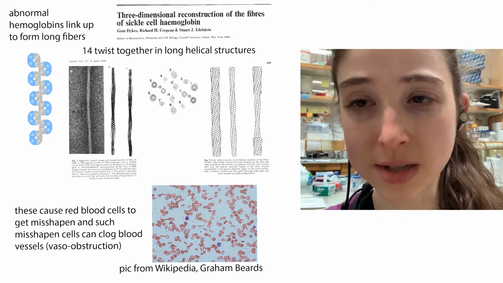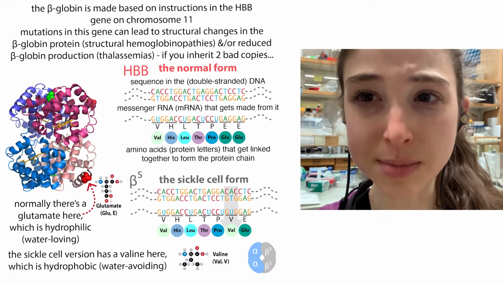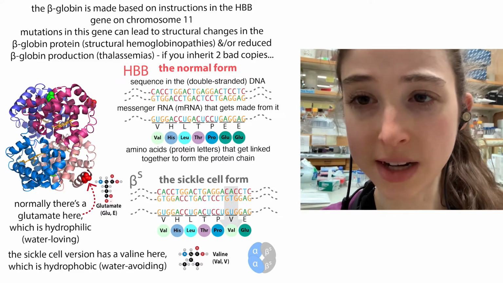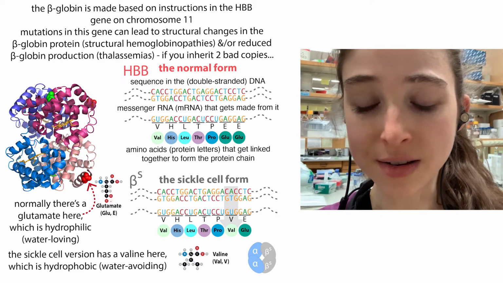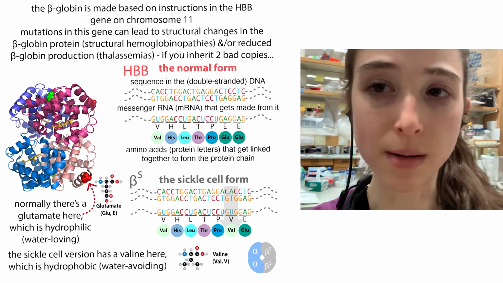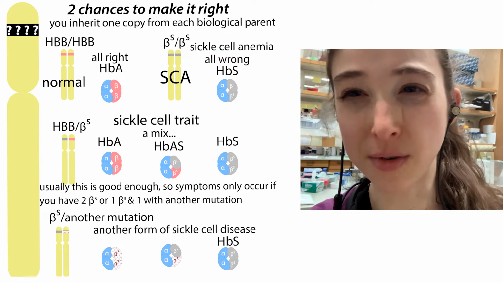So there are a lot of problems you can cause. There are different types of sickle cell disease and beta thalassemias, which are related. But sickle cell anemia specifically involves this specific glutamate to valine mutation. But there are other mutations that don't involve a valine,